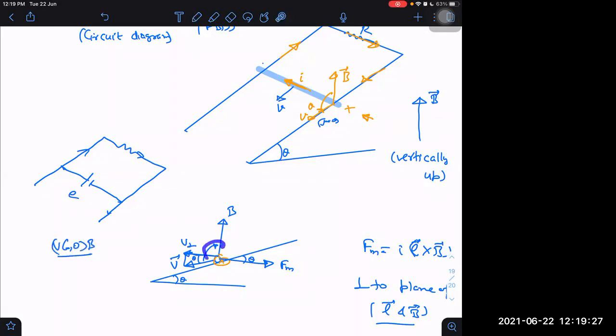And V perpendicular to B is in which direction? That is already in the length direction. So it will be multiplied by the total length L. It is already in the whole length direction. Otherwise, if it is not along the length direction, then I have to take the component of that length along the V cross B direction. Then I will have to take one more component. But here length is already in the direction of V cross B.